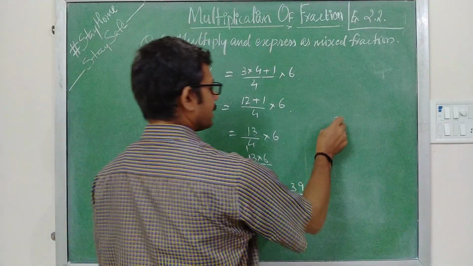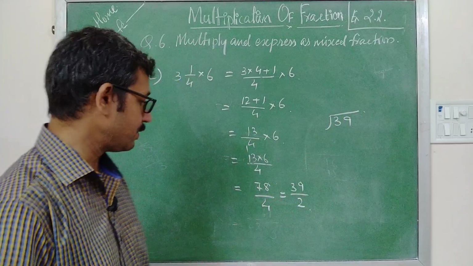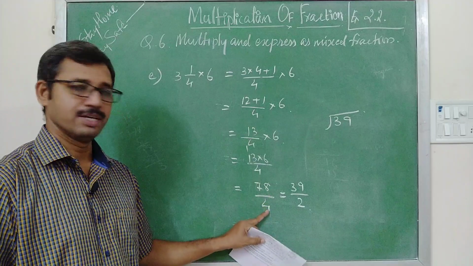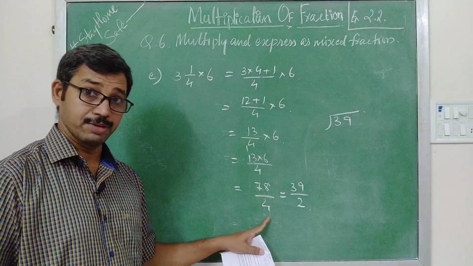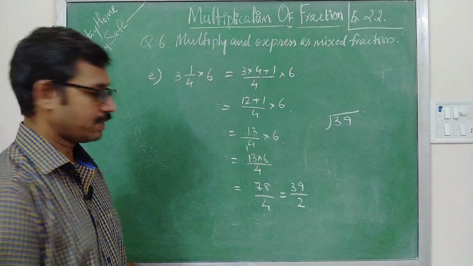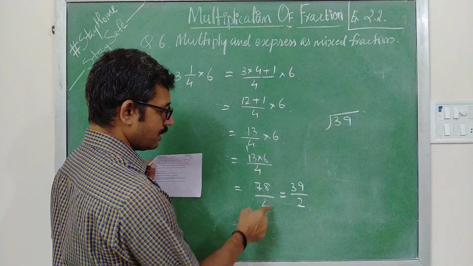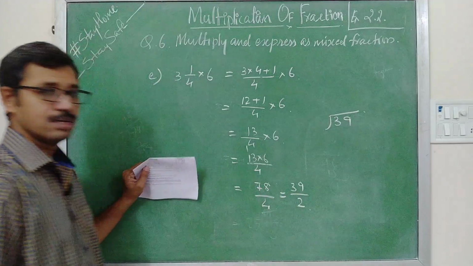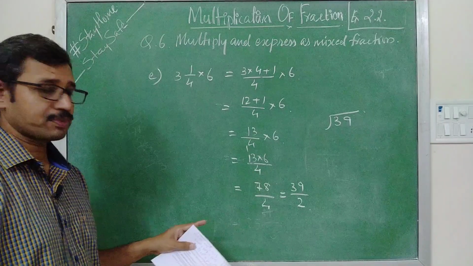Now we have converted it into an equivalent fraction because you know that the numerator is even and the denominator is also even. If the numerator and denominator are both even, we must understand that we can cancel it with 2. This is in the 2's table: 2 twos are 4, and 39 is 2 times 78.